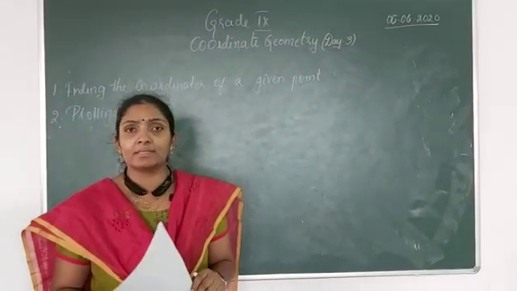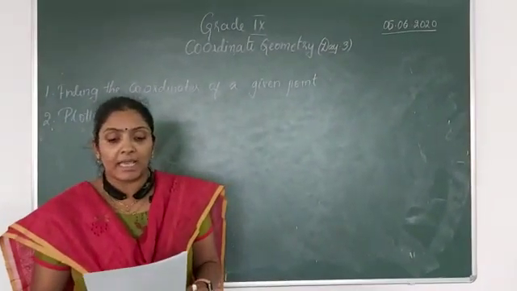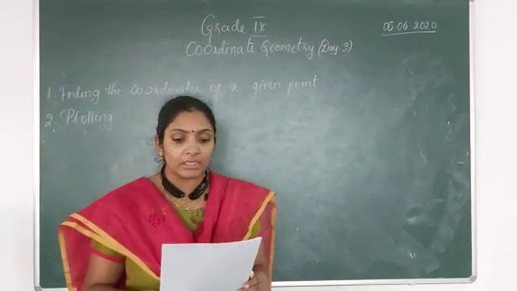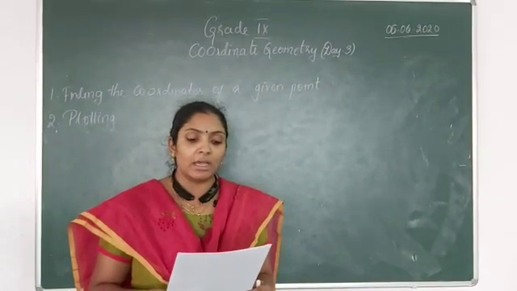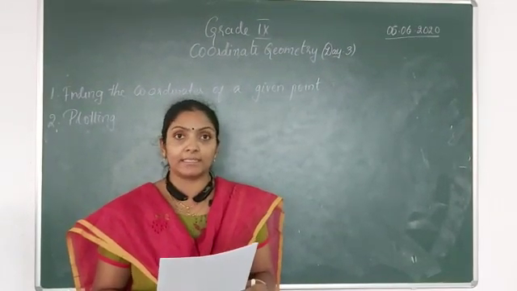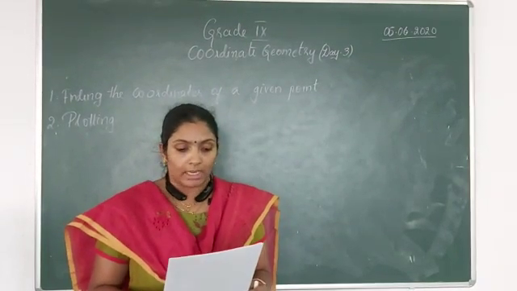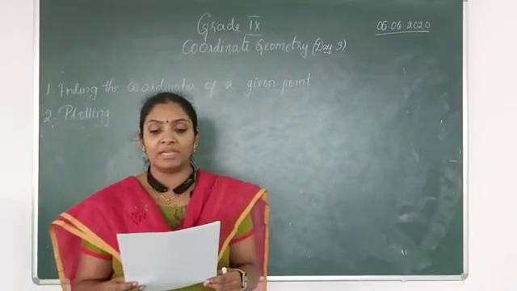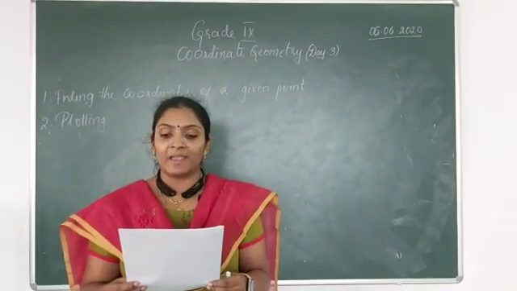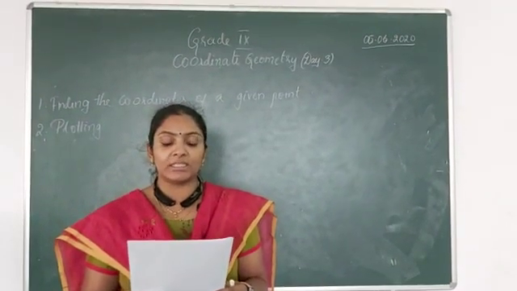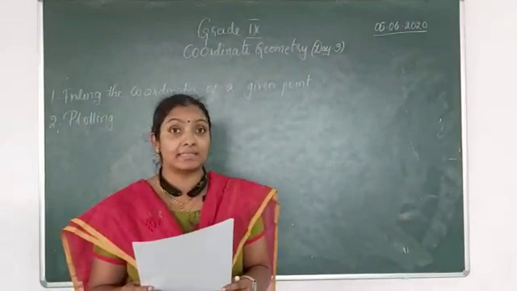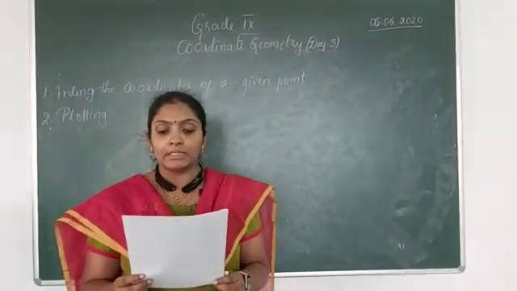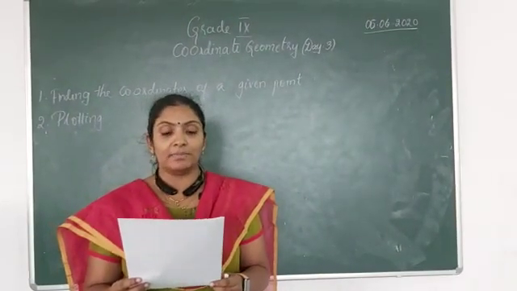This is the problem from exercise 3.1, the second problem. A city has two main roads which cross each other at the center of the city, right? These two roads are along the north-south direction and the east-west direction. Alright. And all the other streets of the city run parallel to these roads and are 200 meters apart. There are about 5 streets in each direction. Using 1 centimeter equal to 200 meters as scale. Here the scale is specified. Draw a model of the city on your notebook. Right? Represent the roads or streets by single lines.